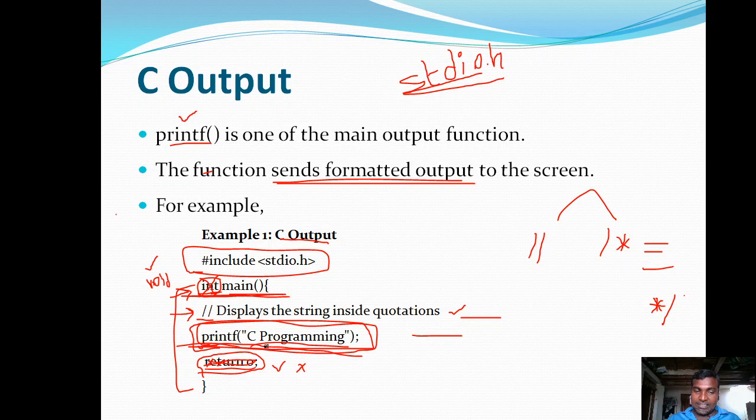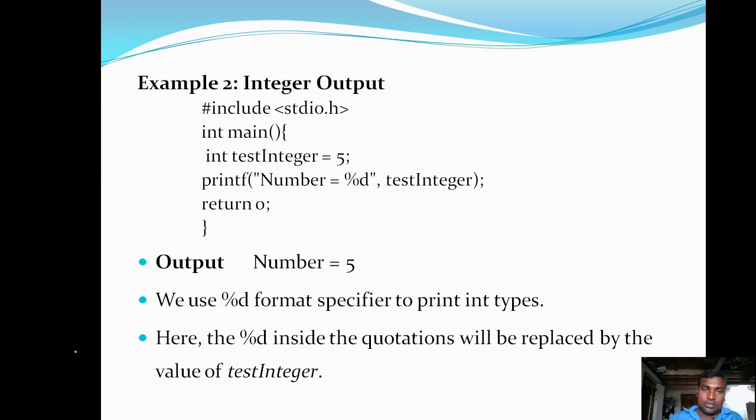Now in this first program, we are trying to display a text message, a simple string message, as an output. Now if I want to print numbers, here in this example I want integer output instead of string or text output. I want the program to generate a number as an output. So hash include stdio.h, the standard header file, we need to include. Why? Because the printf function is available in this stdio.h header file only.